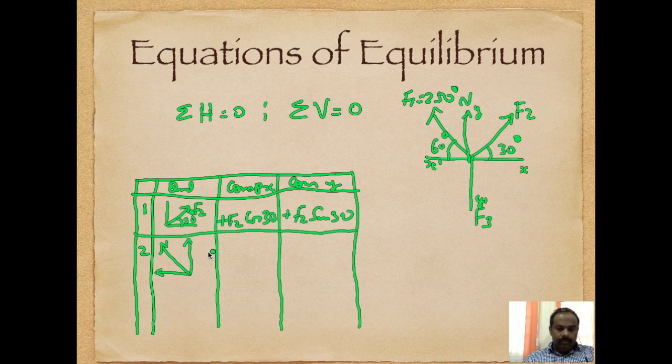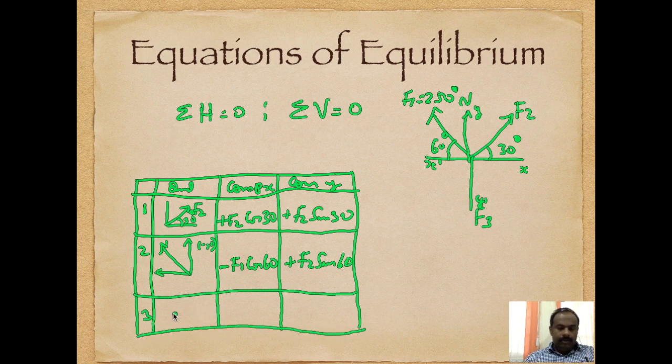Okay, so just to remember, minus F1 cos 60. See, it is making an angle 60 with the horizontal, and plus F1 sin 60, and the third force F3. So let's cover it up. Okay, all right. F3 is like this. This is F3. It's in the third quadrant. So we know both are negative. So minus